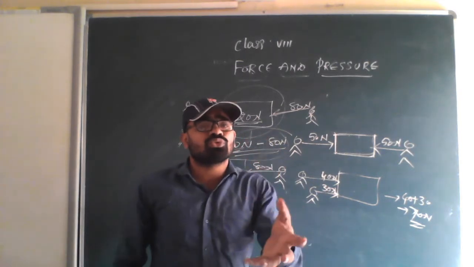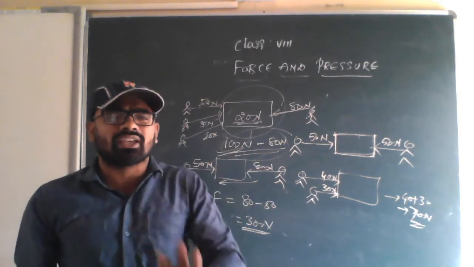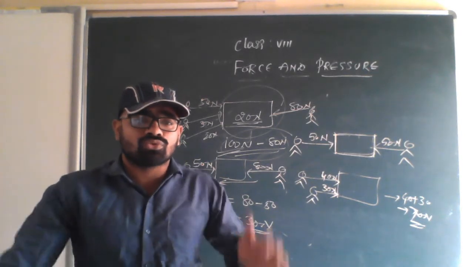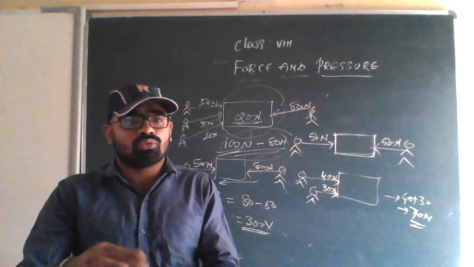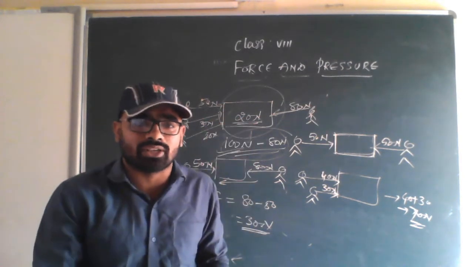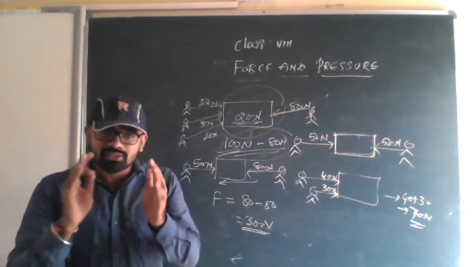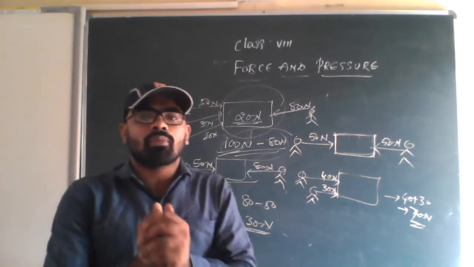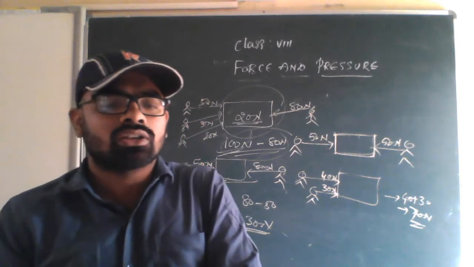See, sometimes we use object or body. It does not make any difference. Body and object mean the same. And don't think that body means only the human body. This is also a body. Chalk is a body. Laptop is a body. Every object is a body. Similarly, we can say object or body. So I hope everything is clear in this class.